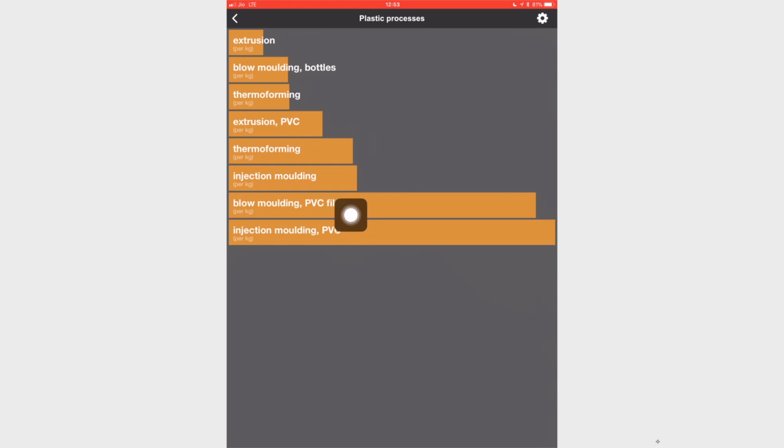But because both the processes have certain differences in terms of how they work, you should select an appropriate option. Say for example, I want to do blow molding of not PVC film, but linear low density polyethylene. What do I do? I do not have data over there. So what I do in such a context is find the situation which is most similar to that particular situation. Because it's film and I need to blow mold it, I can take the data for blow molding PVC film.